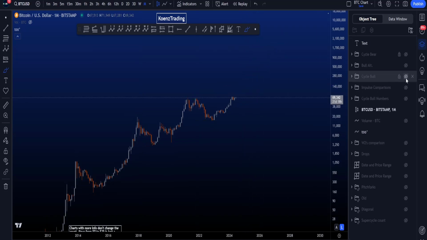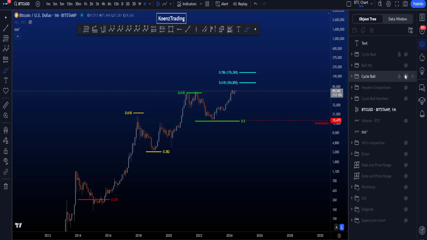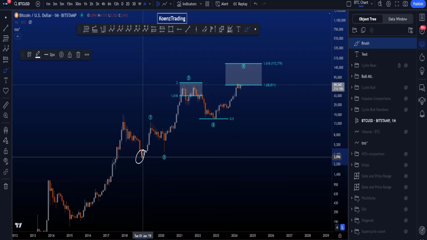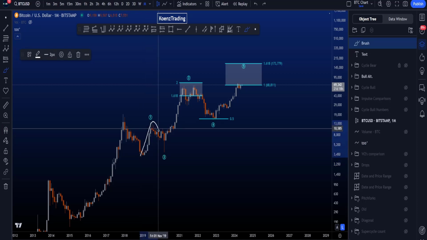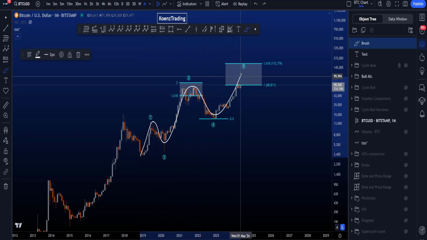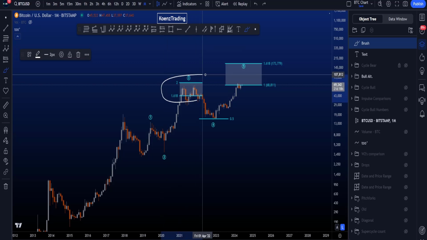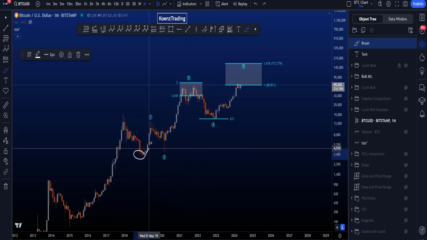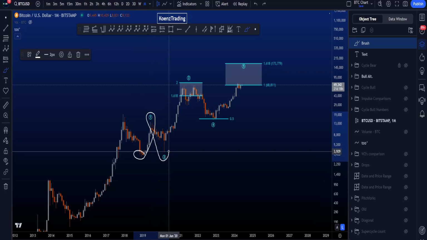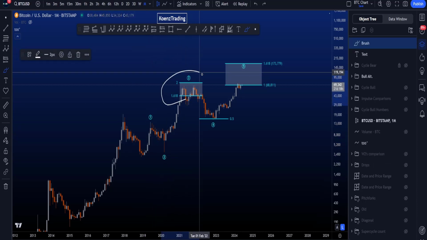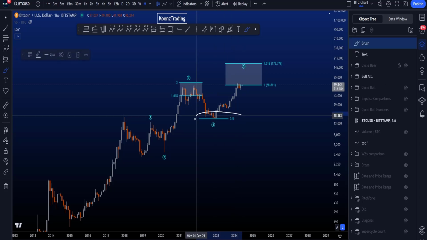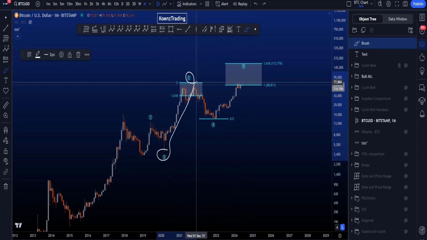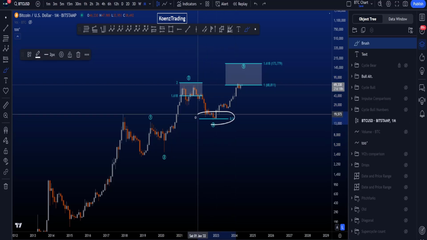An alternative bullish scenario is that we have a 5-wave impulsive structure since the previous low over here at about 3k. A wave 1, 2, 3, 4, 5. Wave 3 is extended, reaching the 1.618 to the 2 trend-based fib extension, taken from the low to the high of 1 to the low of wave 2, which is a common target area for wave 3, and wave 4 retraced to the 0.5 Fibonacci, taken from the low to the high of wave 3, which is a common target